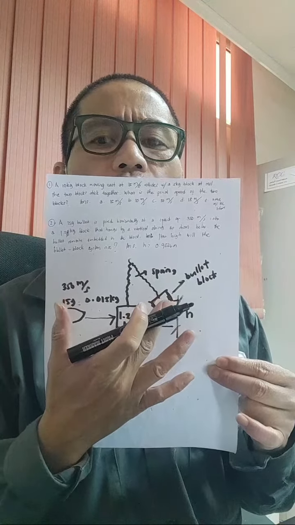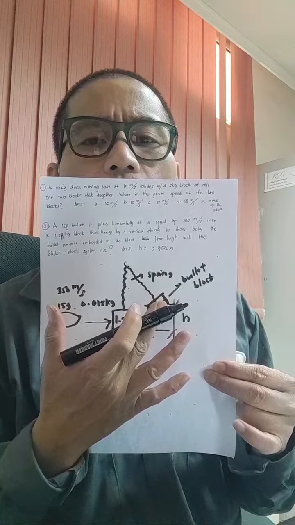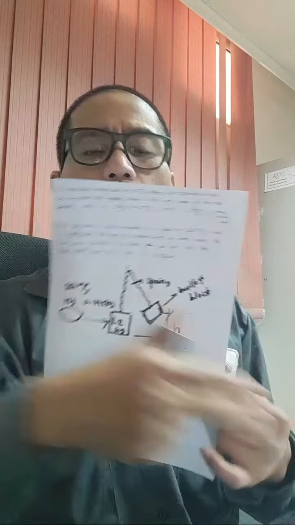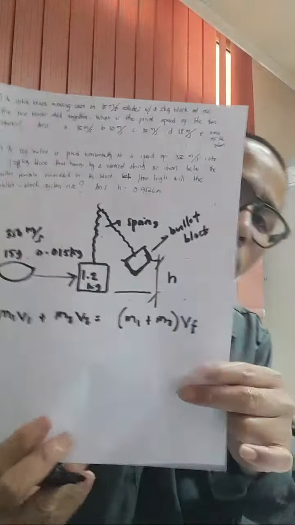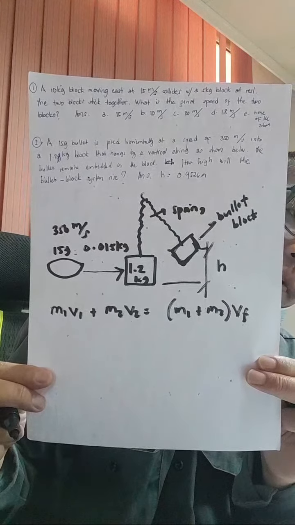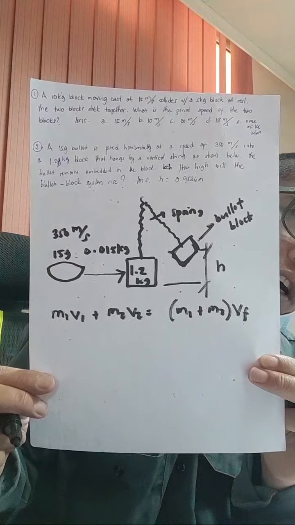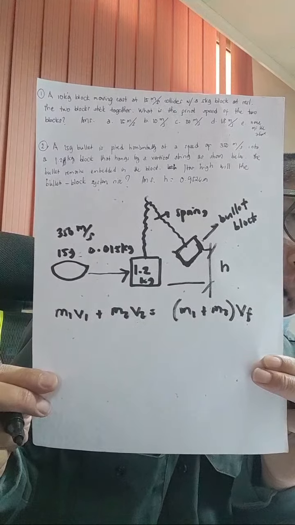Here, of course, the mass is the total of the two, m1 plus m2. So we need to use the same formula as we solved before: m1 v1 plus m2 v2 is equal to (m1 plus m2) v final. This is taken from momentum 1 plus momentum 2 is equal to total momentum. In here, the kinetic energy is not conserved, only the total momentum.